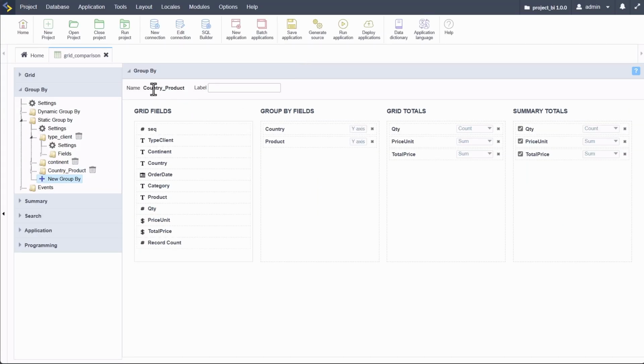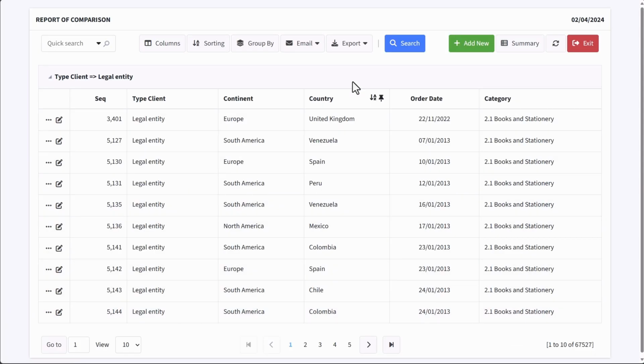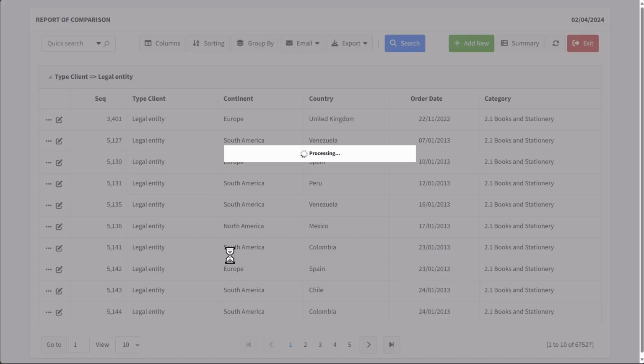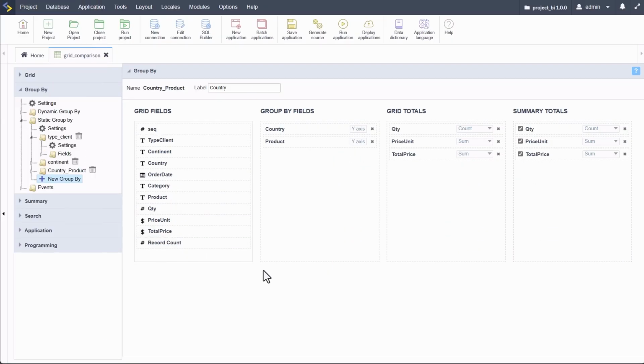See, then the name of the group is then created. The label not. So in this case, I will add then the label for this. Save that again and go ahead and run the grid application. And just like that, then we have our new group by added in here for the country and then the product. Okay, so back within our grid application in here, let's add then here the order date,